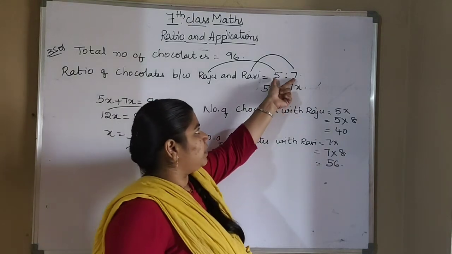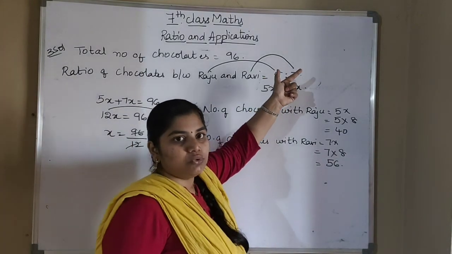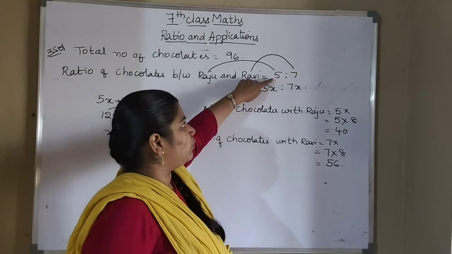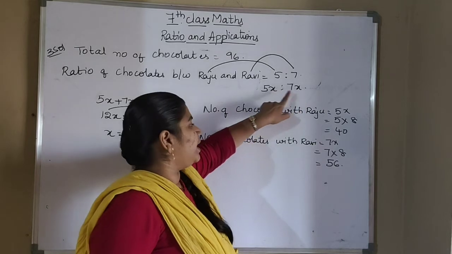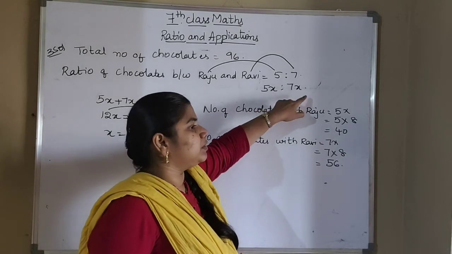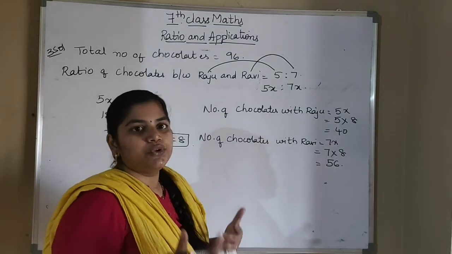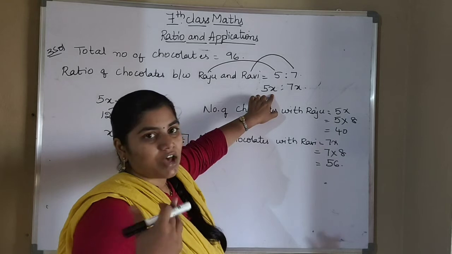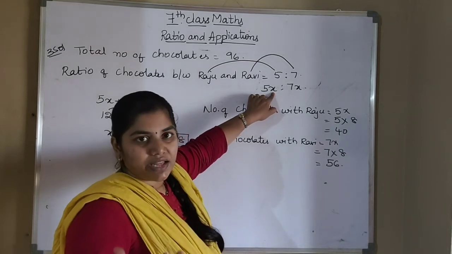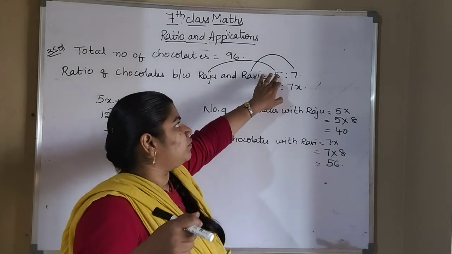So this is not a result. This ratio we have to convert into a result. So how to convert? The result will be in the form of 5 multiples and 7 multiples. This x, why have I taken this x? Because in the place of x, we can take 1, 2, 3 or 4, and so on. So 5 ones are 5, 5 twos are 10. So the result will be in the form of multiples of this value.